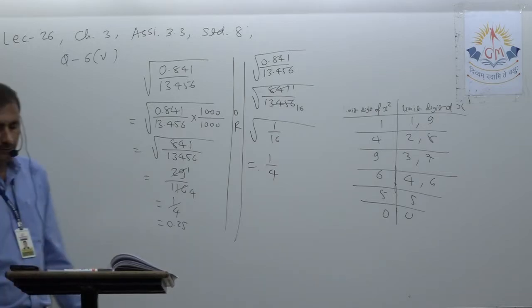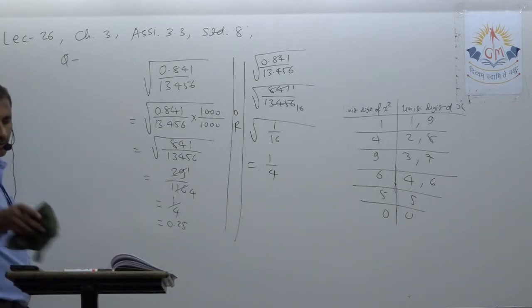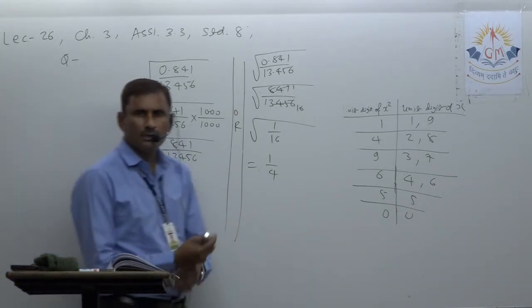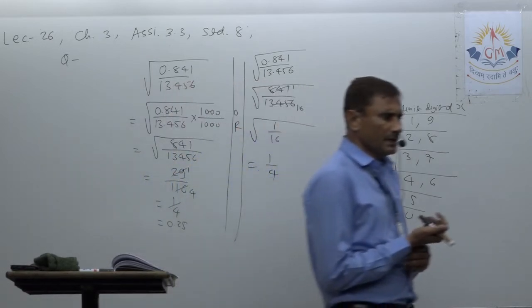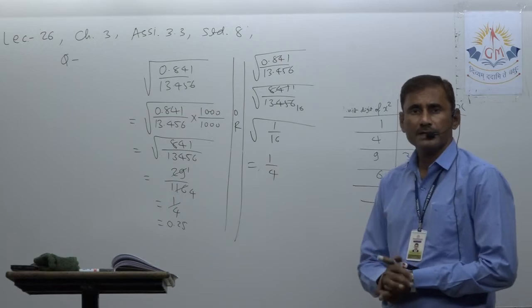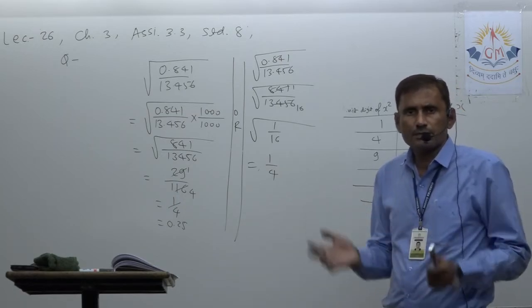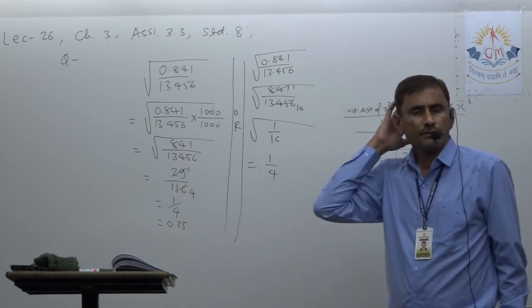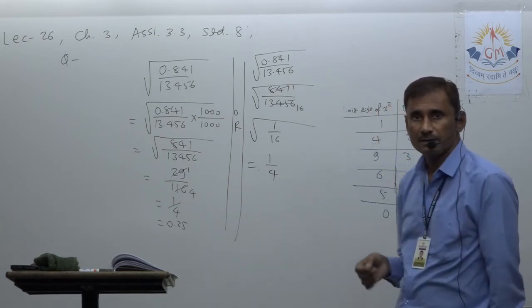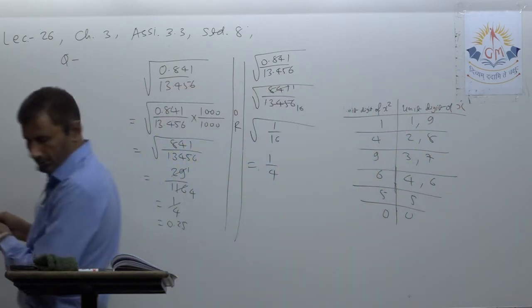Okay, now main question number 7. They are again asking square root. As I told you, in the whole exercise only the same method is there. Every time by the long division method, you have to find the square root. If it is terminating, then it's okay. Otherwise up to 2 decimal, up to 3 decimal as they require. Okay, as they asked.